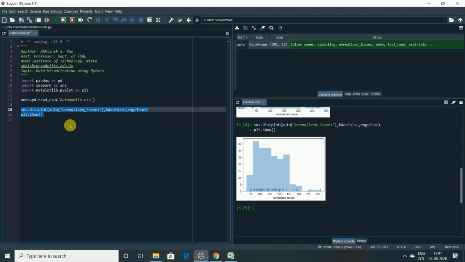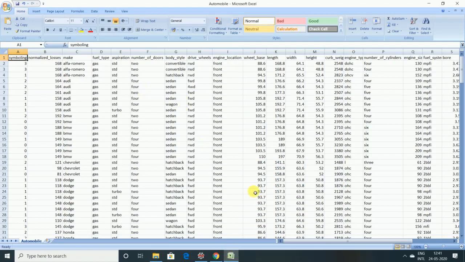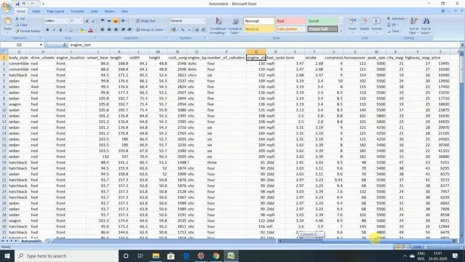First of all, we'll execute that using sns.jointplot of the data frame auto, and we are passing the two variables. For example, let me consider engine size and the horsepower. We have two variables and both are continuous variables over here.